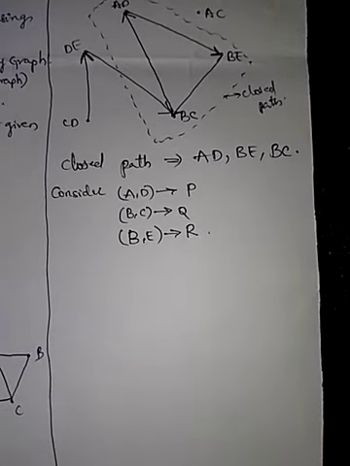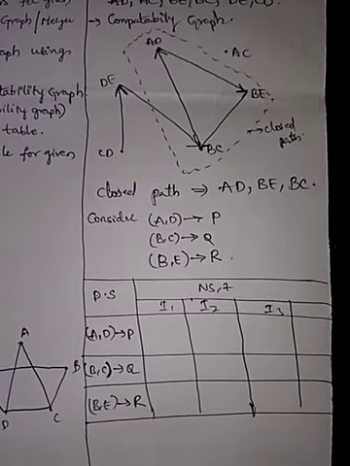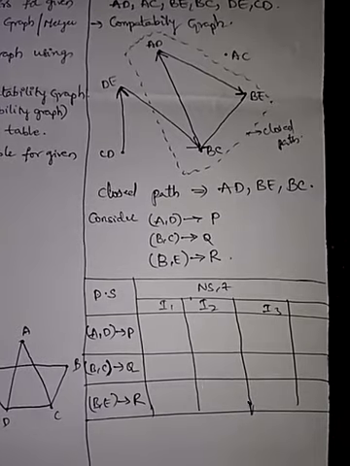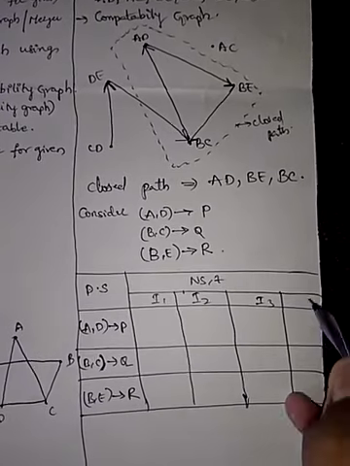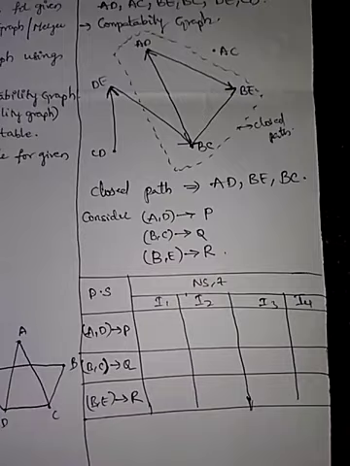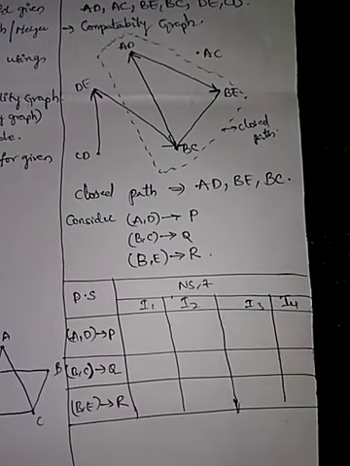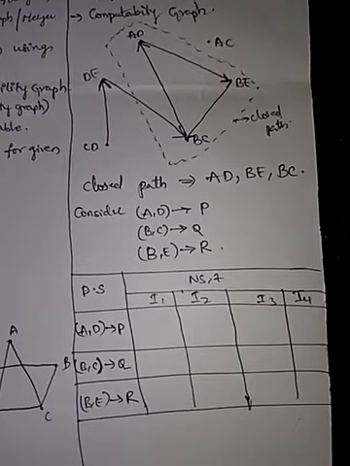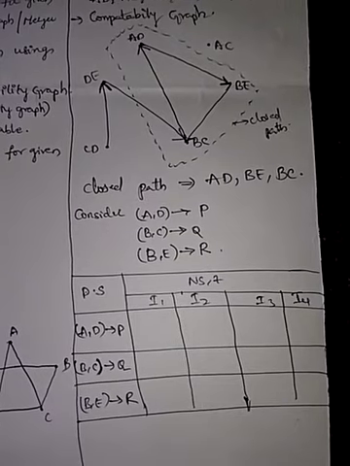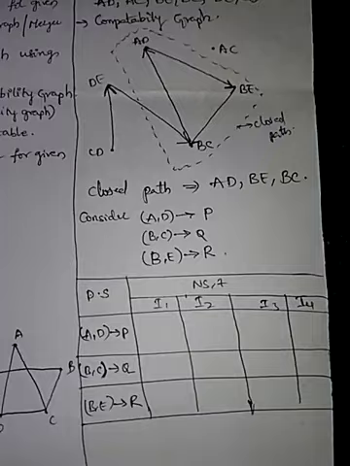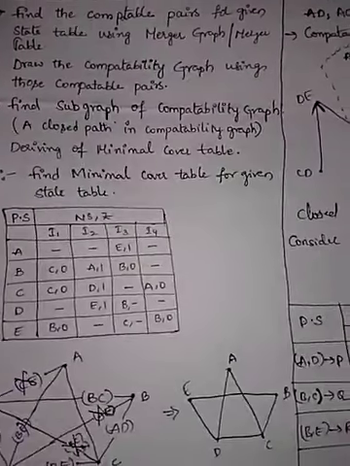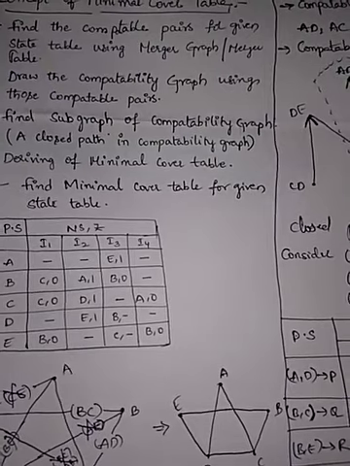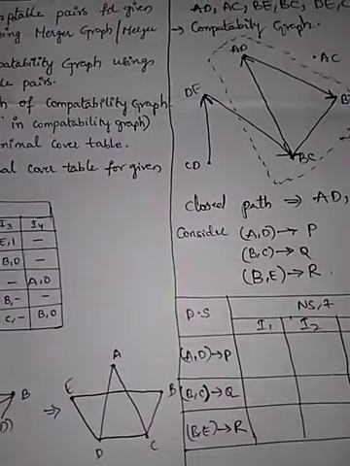So first you frame a table. Now this is the final framing table. Final table. It is framed like this under the conditions I1, I2, I3, and I4. So the 3 considered states P, Q, R are written here. Now how to fill up this table? So the first is nothing but A comma D. So A comma D comparison, right? If you observe the state table for A comma D, under I1 what is there? Under I1 A comma D both are vacant, right? So you can replace this I1 as vacant.